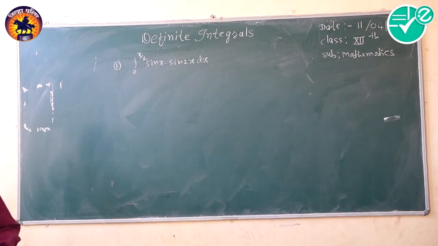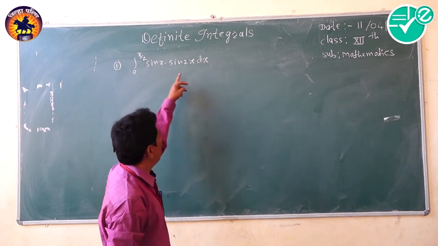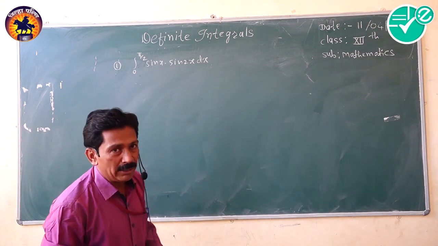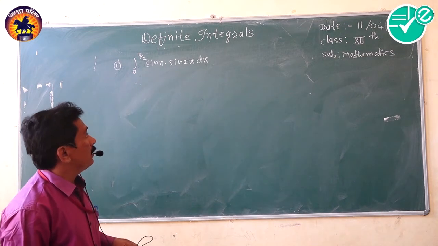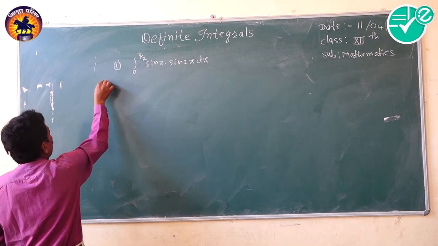Here we have to evaluate this integral. In this integral there is sin x into sin 2x. This is the function. Now we have to use here trigonometric identities. Solution: